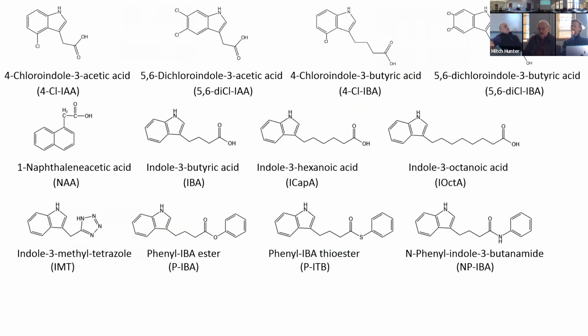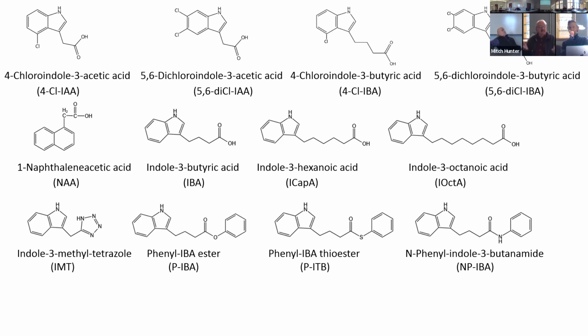In addition to those compounds, an interesting one, and I talked about this before in this forum, is things like 4-chloro IBA. The odd thing about this is that apparently they go through beta oxidation just fine. It looks like the same pathway that IBA goes through, and so putting halogenation groups on there. What are you looking at? I'm looking at the structure. Anyway, all of these can be done with the inhibitor of conjugation as well as